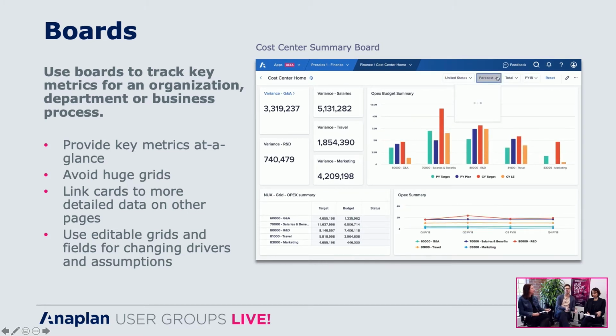So first up, I'd like to talk about one of our new page types that we're calling boards. We've designed these to be optimized to make it really easy for you to build great looking boards, dashboards and reports for your end users. They're great for showing high-level metrics through KPI cards and visualizations. And for that reason, we recommend not putting huge grids on pages like this, because they're not really optimized for that. However, you can link cards from boards through to other pages that we'll talk about in a second to